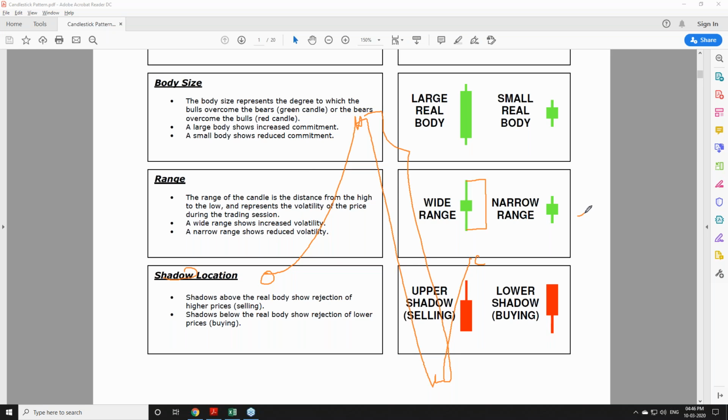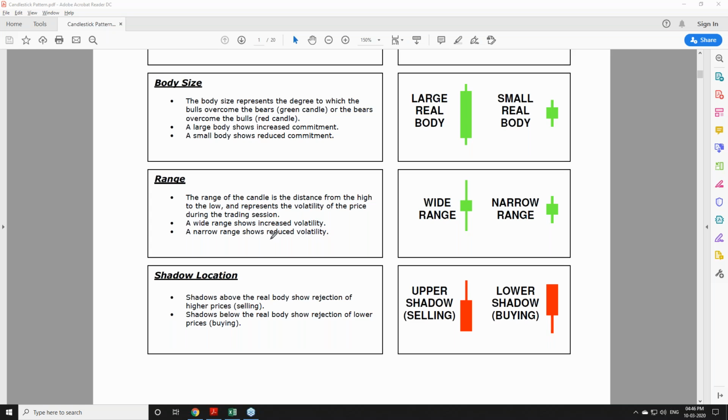Comparing this, a stock opened here, went high only till here, and again came down only till here and closed here. So this is the distance. This is the difference between the wide range and the narrow range. A wide range means there is a good opportunity for us to trade and make profit. There are higher chances if you follow the trading patterns properly.